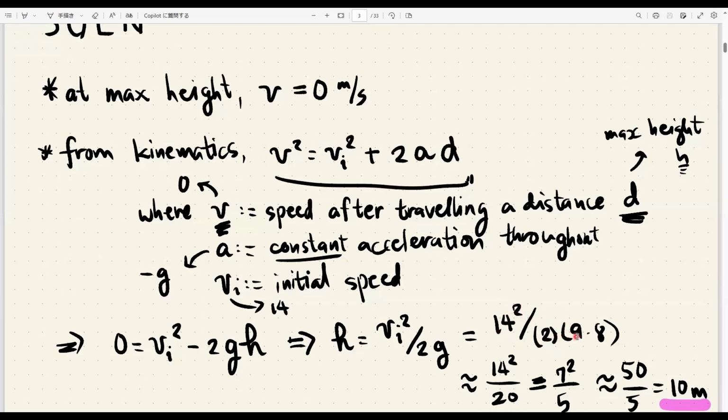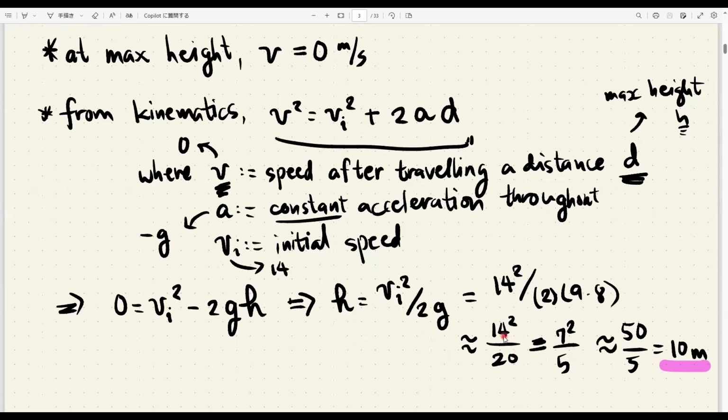And what we can do is we do some estimates here. For example, I'm just going to say that 9.8 is 10 because they're close enough, and the choices are not really close to each other, so it's sufficient to just make some rounding off here, and it should be close to the answer. So 9.8 becomes 10, so this will be 14 squared over 20, and 14 squared is actually 7 squared times 2 squared, so that's 7 squared times 4, so there's a 4 there, right? And that cancels with the 20. The 4 cancels with the 20, and so here we have 5, and on top we're left with 7 squared,